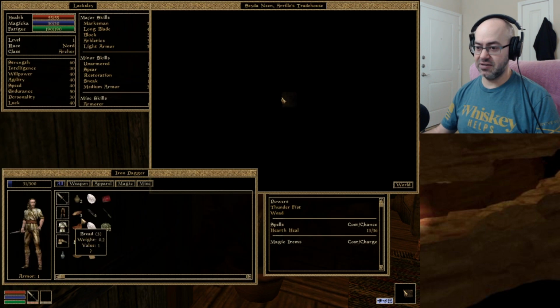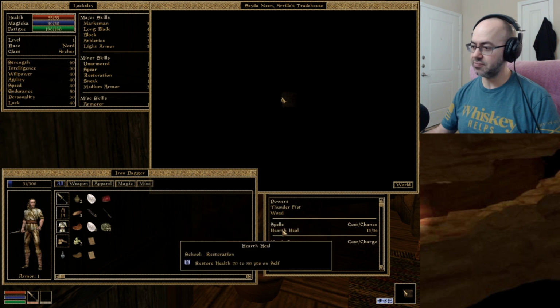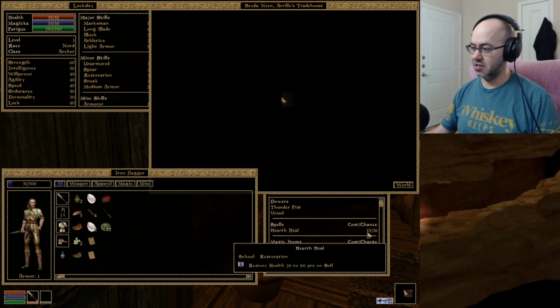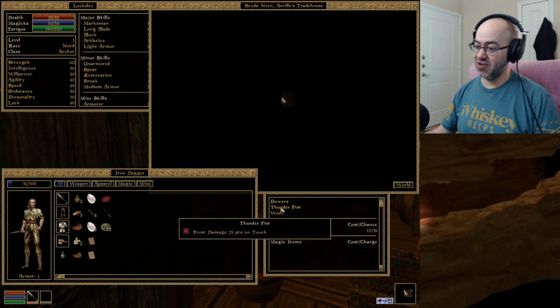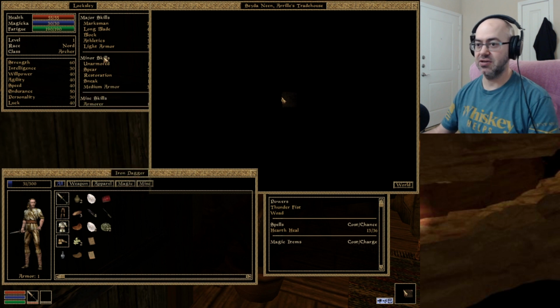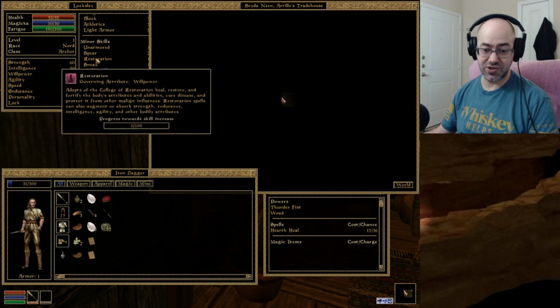Alright, magic. No, these are things. How do I... Right. Powers. Cost, chance. Right, so 36% chance of working. That's not so great. Oh, I wonder if powers increase your skills. Well, restoration's a minor skill though, so...